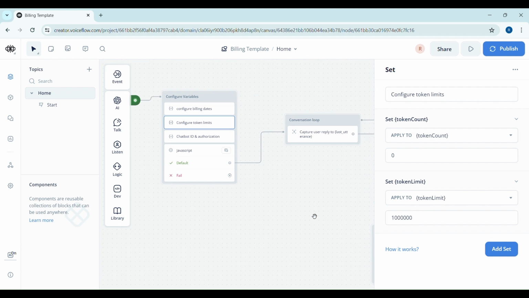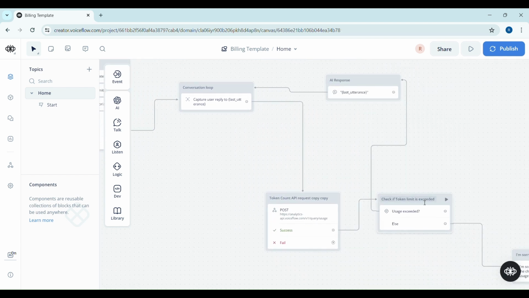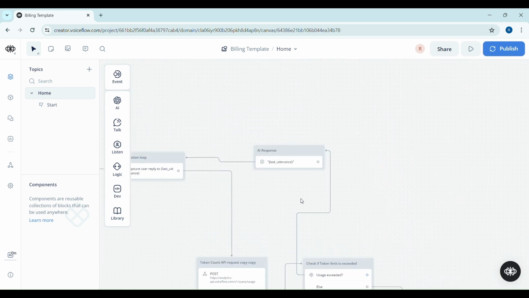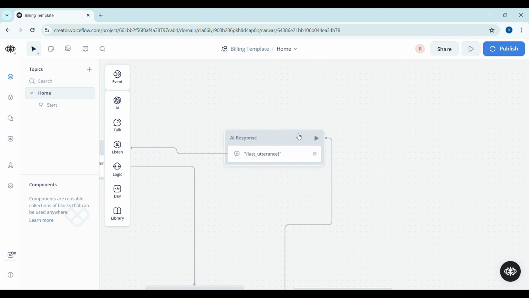So here we set it to 1 million, and basically what this will do, it will check this month across all users, is the current token count more than the limit that we've placed on this bot? If it isn't, then we allow the loop to continue as normal. We then go to the AI response and we let it respond and do its thing,